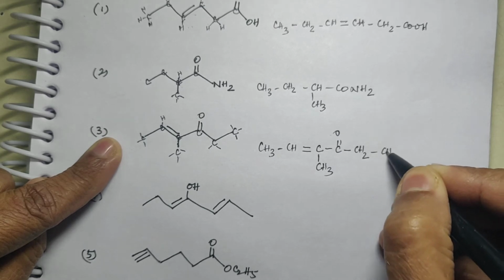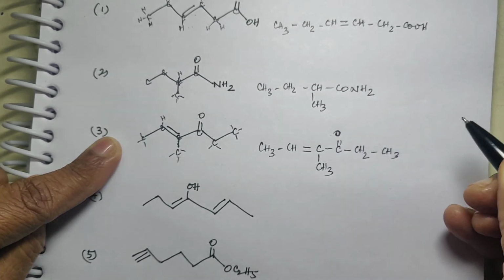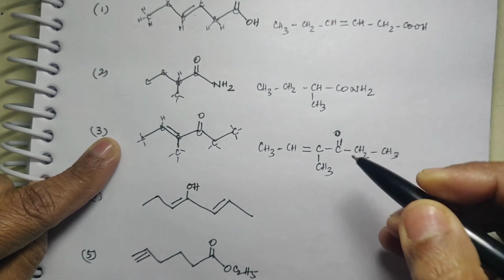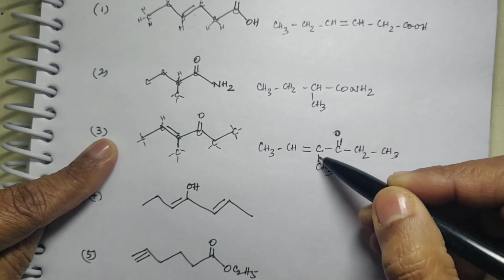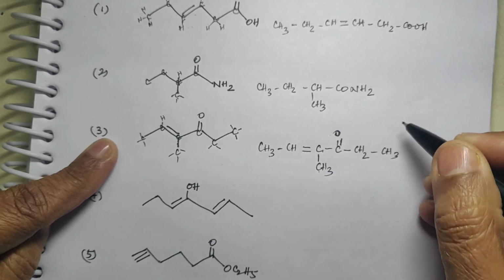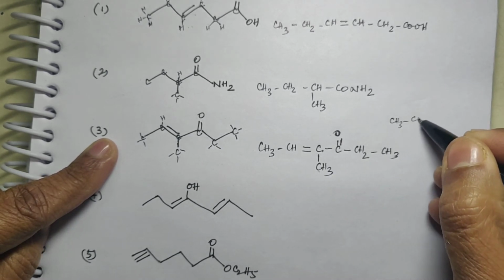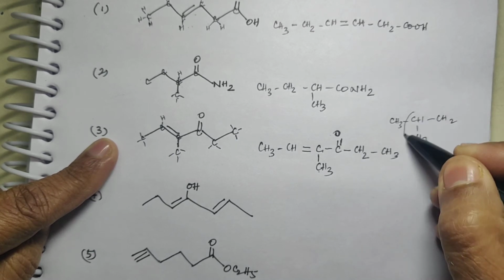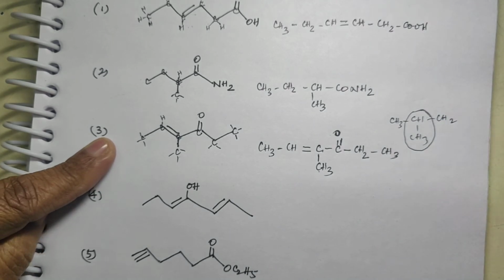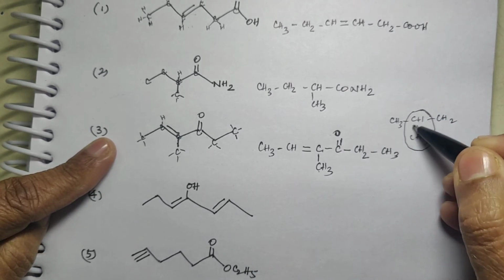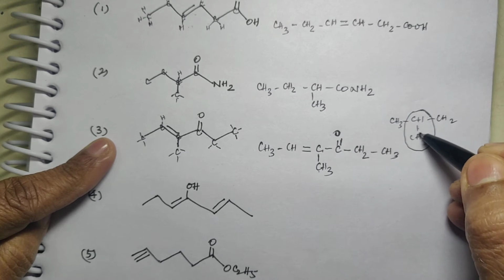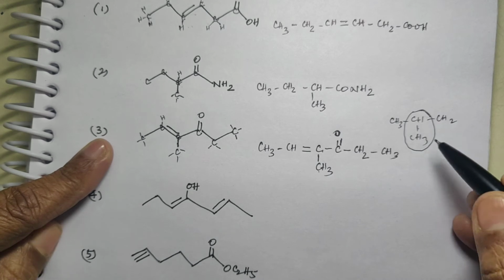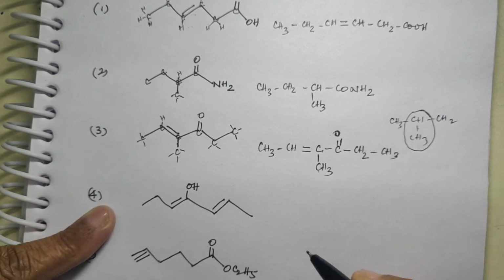CH2, CH3. Okay. Now when you people are writing the structures, please see that this C and this C, it has to be joined. You can't write CH3, CH, CH3. This is not the right way. This is not supposed to be written. This bond should be between the 2 carbon atoms only. You can't put the line just like that. Is that clear? You can't do it like that. CC bond ही आपको दिखाना है.